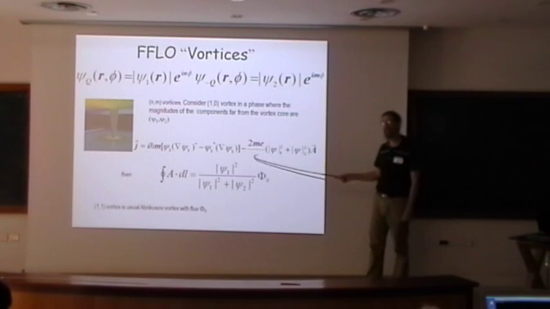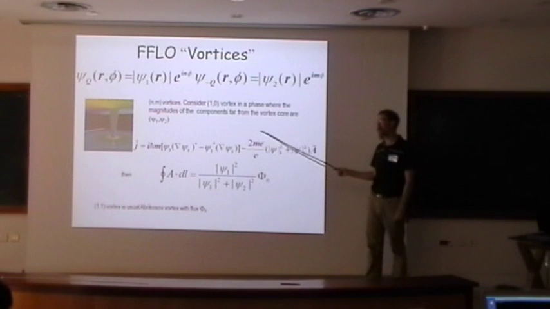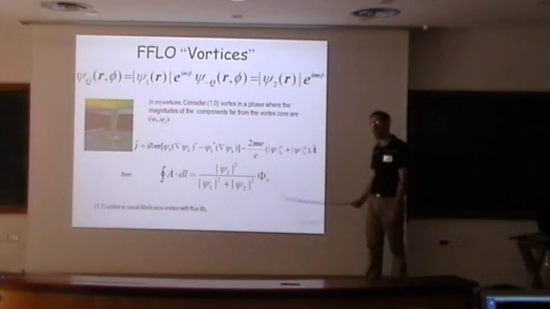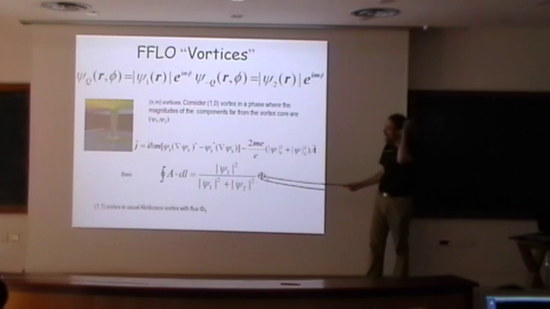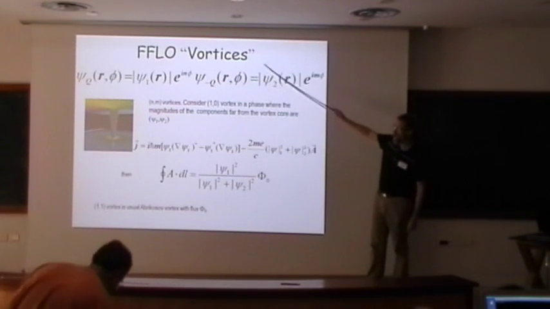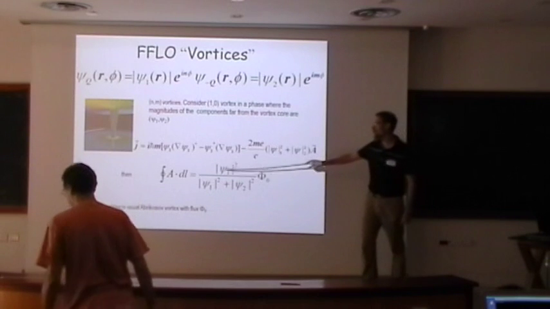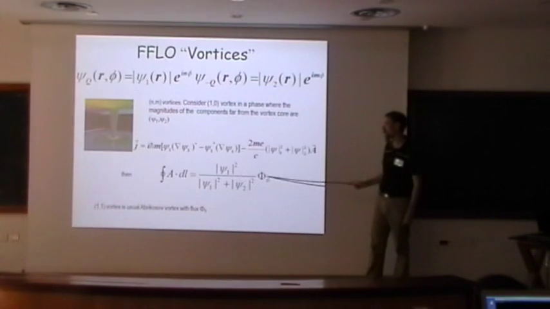And so you find that these FFLO-like phases support fractional vortices. And so that would be one way to identify this phase showing up in these systems. Incidentally, if you're interested in the actual FFLO phase, then these two are of equal magnitude, and so there you find that the vortices are actually 1/2 of a flux quantum.